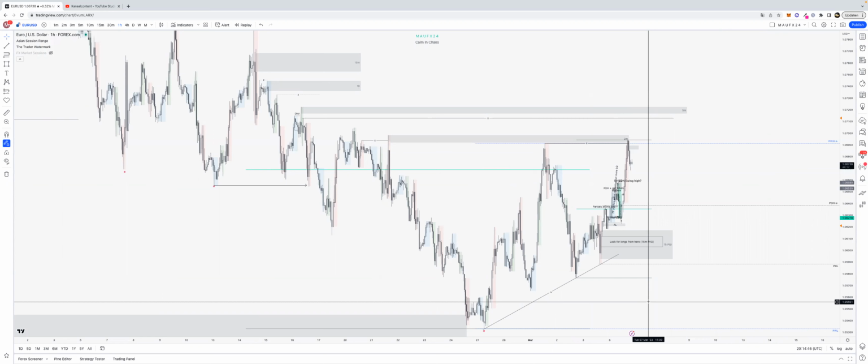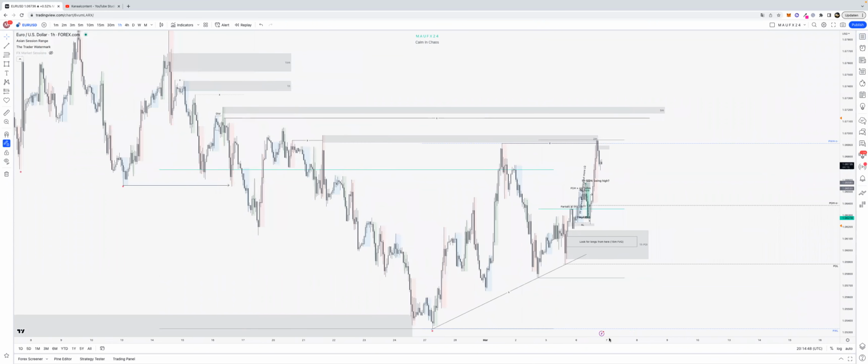Look at how messy this is. Wait, my screen is tripping. All right, stop. Why is it tripping? Oh, now it fell. Now it turned off. All right, so